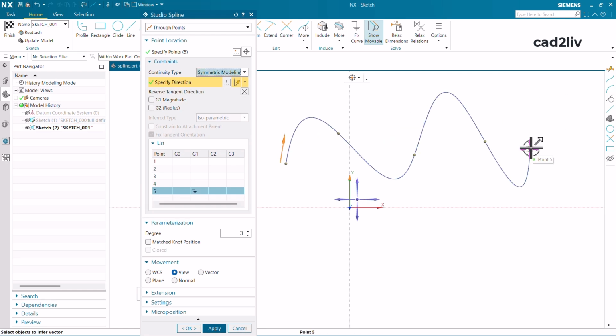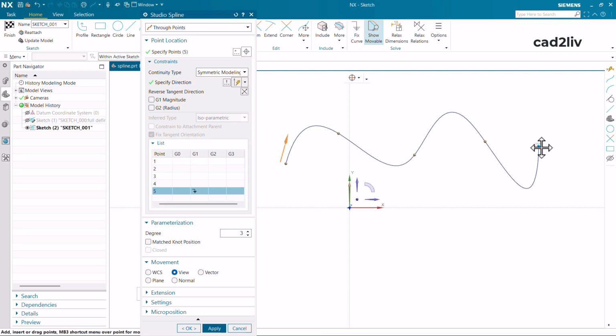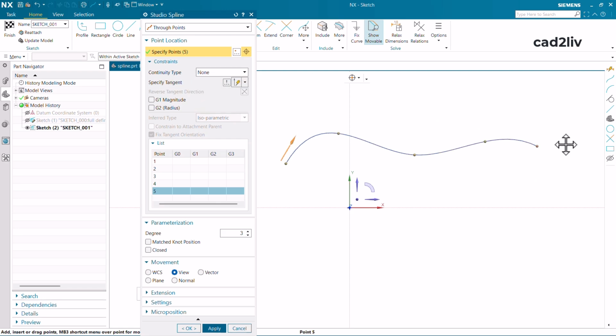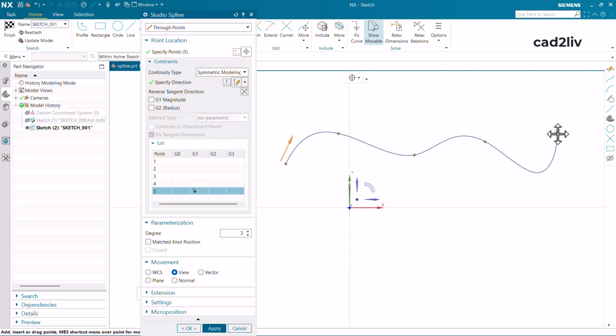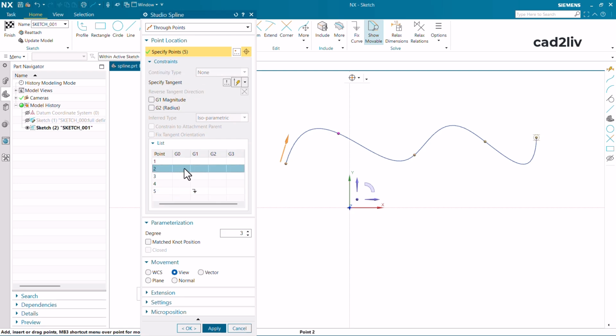Now after giving the continuity, if I drag this, it will disturb the entire spline as per this constraint. If I go to none, you can see it changes only at this point. But if I have given the symmetric modeling and along with that the direction, it will change the entire spline. So it is all up to you which kind of continuity type you use with the points. Now, if I talk about point 2, which is this one,